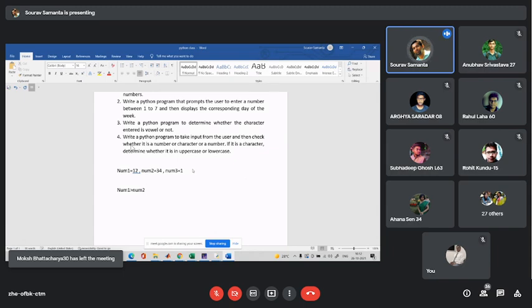If it is true, then before taking the decision we need to check again whether number 1 is greater than number 3 or not. If it is again greater than number 3, then we can say number 1 is the largest number.